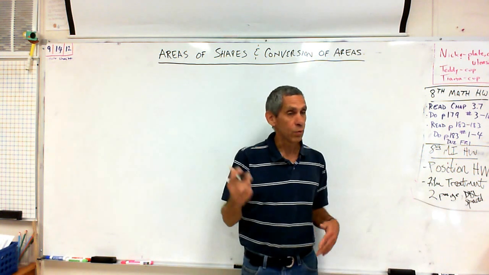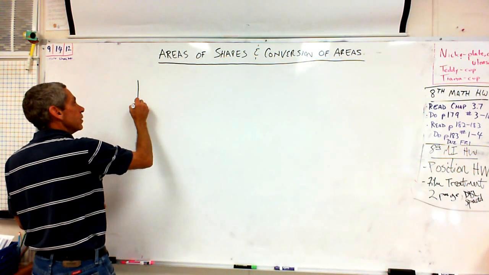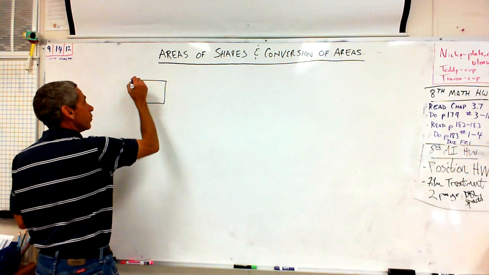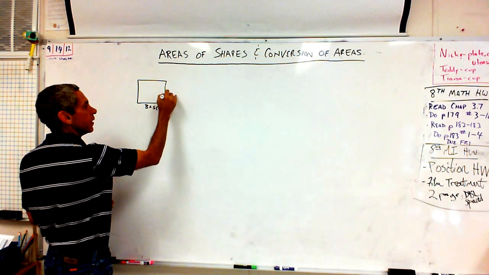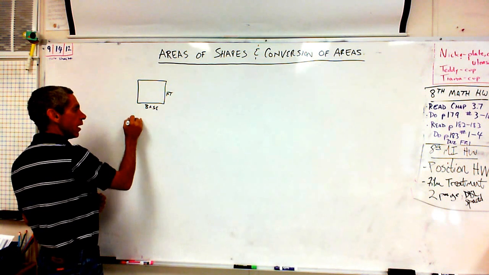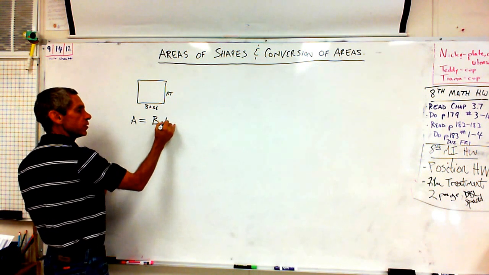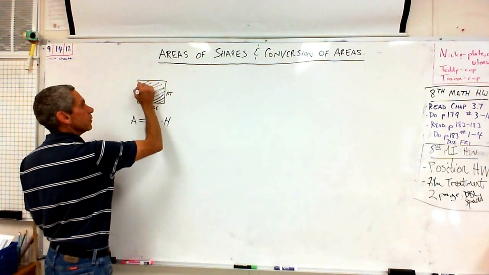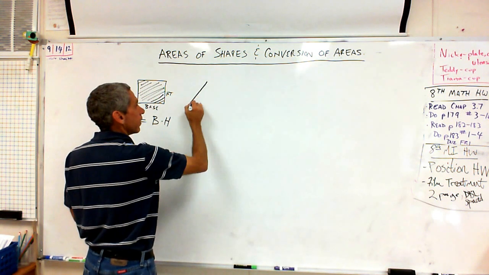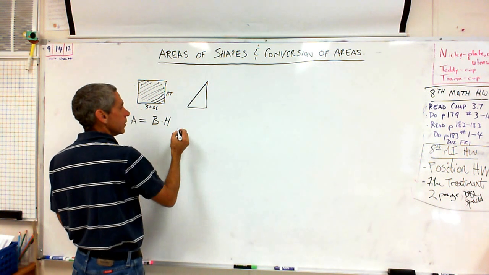So I know my shapes, a rectangle or a square. This is my base, this is my height. All right, so I know the area of a square is base times height. That tells me everything that's inside this box. Okay, I know the area of a triangle is,